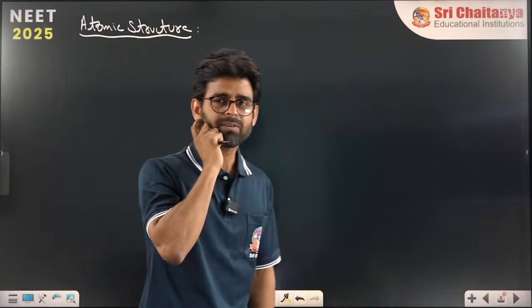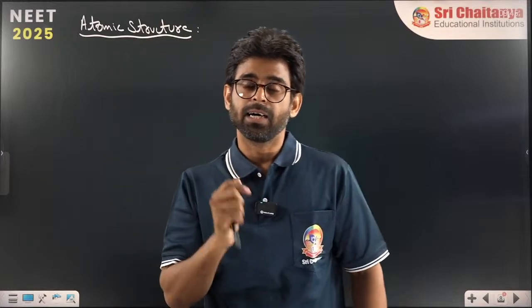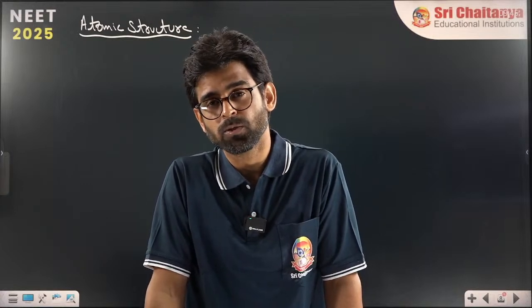The chapter starts with the discovery of fundamental particles, that is electron, proton and neutron. Their discoveries are discussed, how they found them, and the scientist names are also given. After that, they come to the atomic models, where these electrons, protons and neutrons are